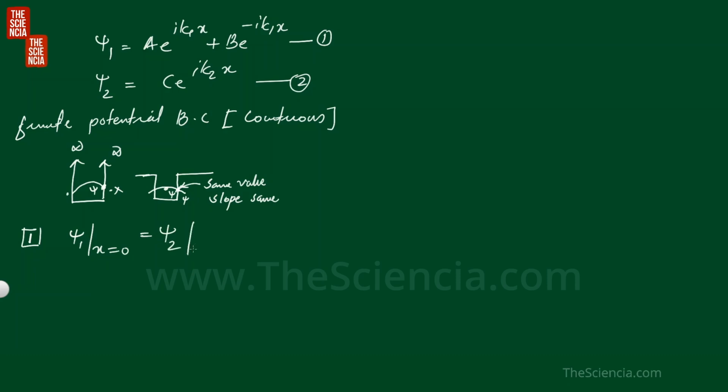Thus, the first boundary condition is psi 1 at x equal to 0 will be equal to psi 2 at x equal to 0. At the boundary, their value will be the same. That is, we have to substitute x equal to 0 in psi 1 and psi 2. So what do we get? We get, for psi 1,